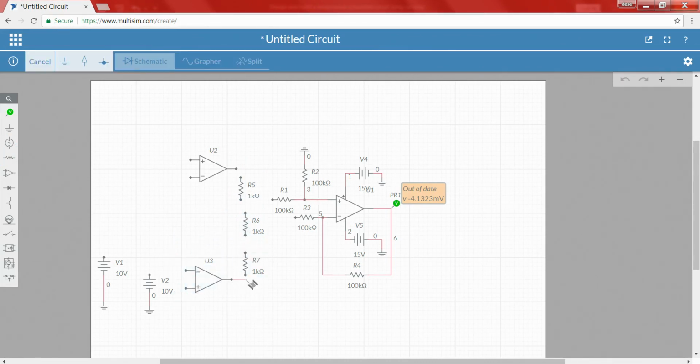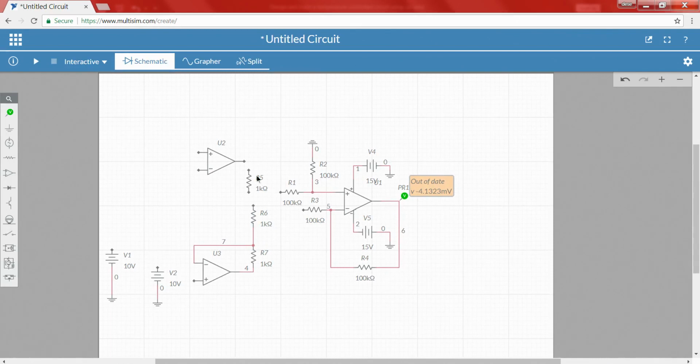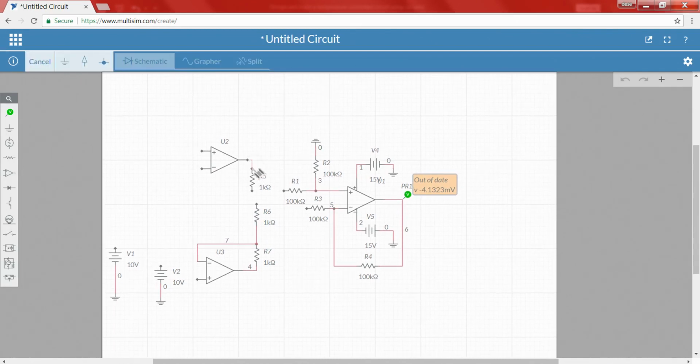Now, the output has to be connected at this point and the negative terminal should be connected here, these 2 here and these 2 here.